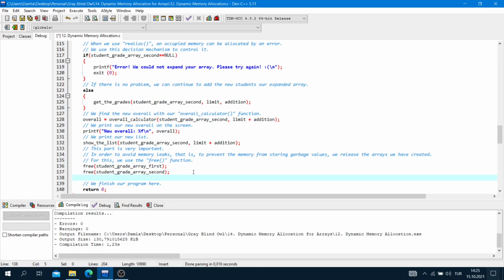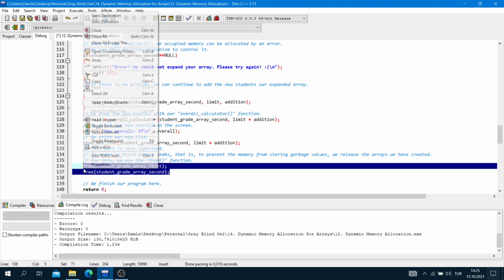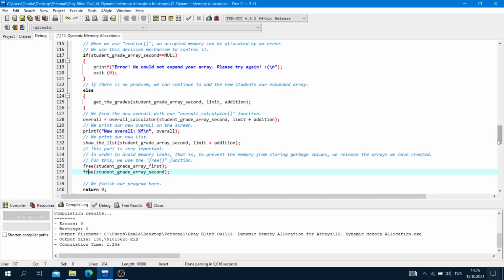Okay, one of them is free. We use this at the end of our program, and this releases the arrays, and it prevents the memory from storing garbage values. This is so important for these operations.